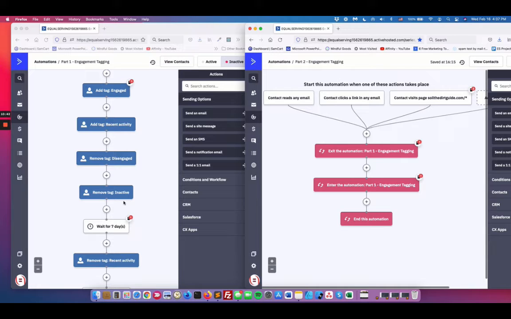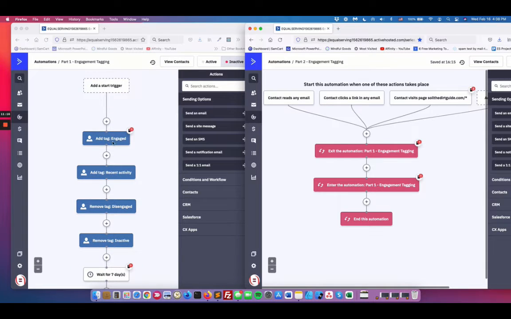Okay, so this is a really nice set of automations that will help you keep track of those people that have maintained some engagement with your brand, and be able to target them. So say you're running a special and you only want to run the special to your loyal visitors. You could then look at the tag for the engaged and only send that broadcast, or campaign, to those that are engaged with your brand. So it's a really nice